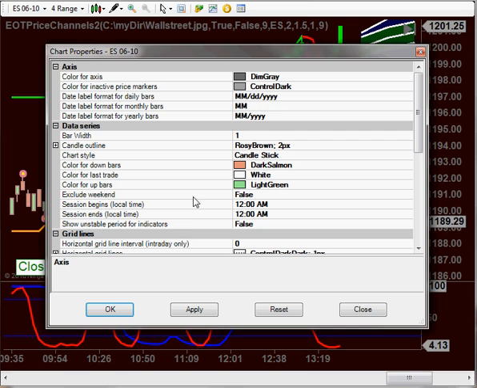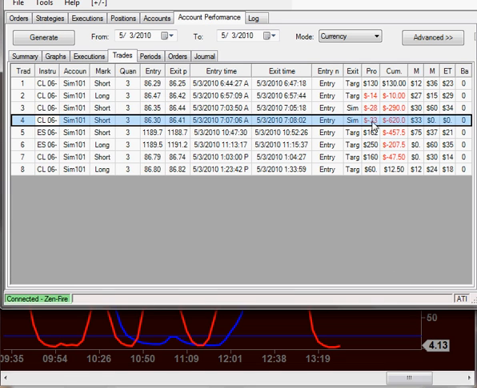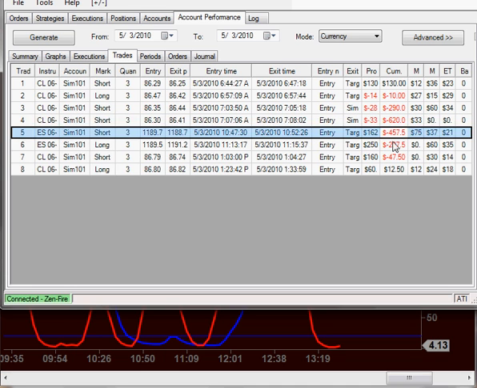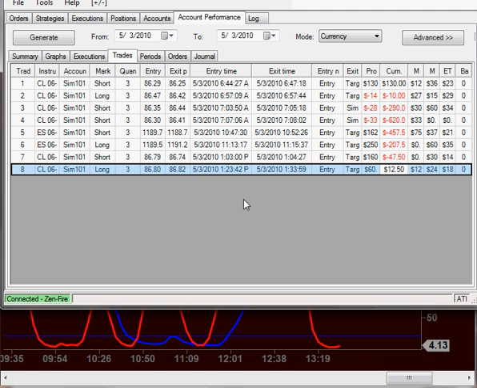And I just trailed my stop up, and it turned out to be a good profitable trade. As you can see back on right here, at one point it was down $620, and the 2 trades for the ES that came out put me back to actually down $200, and the oil trades made me profitable.